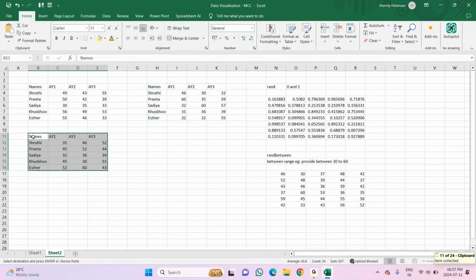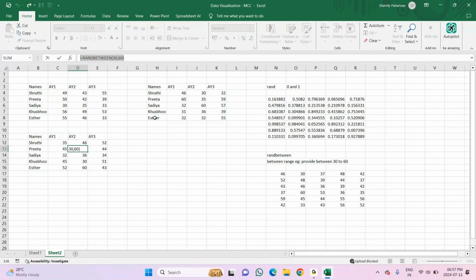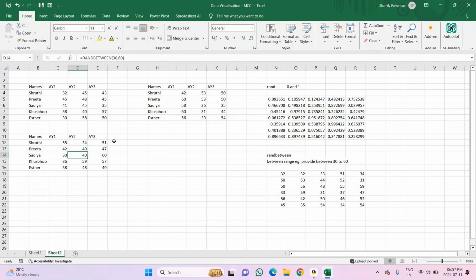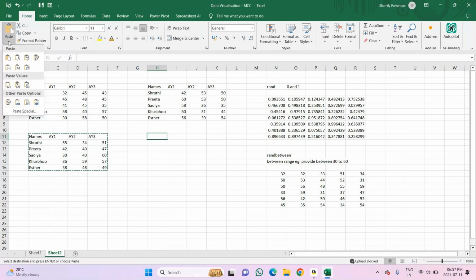One more thing before copying: when I select each and every cell, you can see the formula that has been used in each cell. So if I want to keep this as it is without changing the numbers, first copy. Where you have to paste it, just choose a location. From the paste drop down, you have the option paste values.